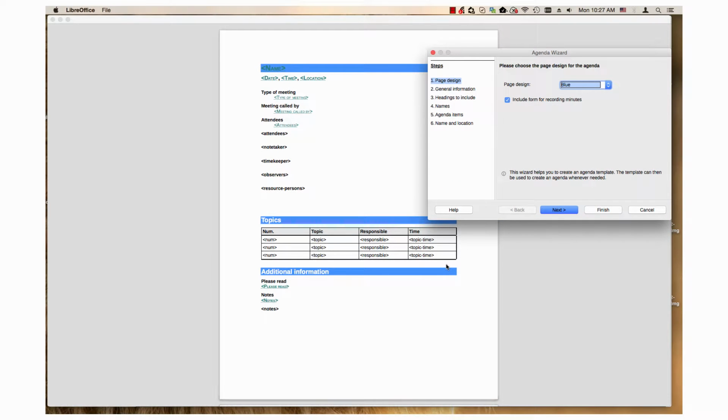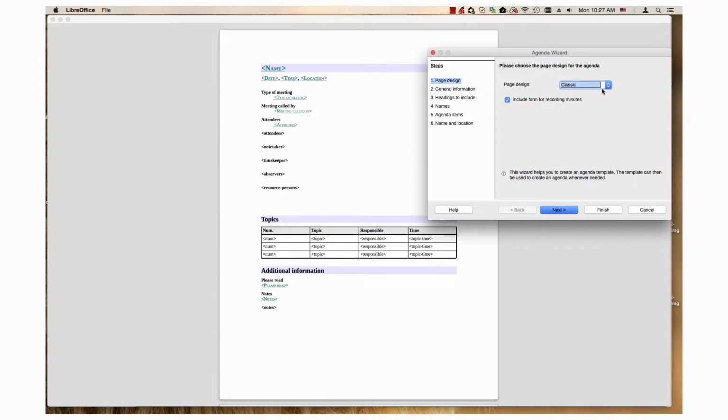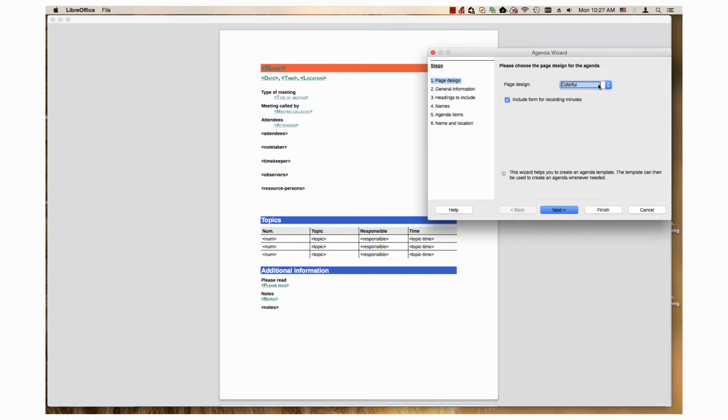In the page design step, you can choose from one of 10 styles. Here they are: blue, and each time I click one of these, you will notice the template will change. So number 2 is classic, colorful, elegant,